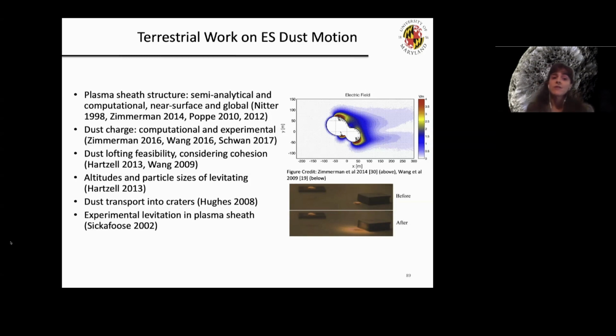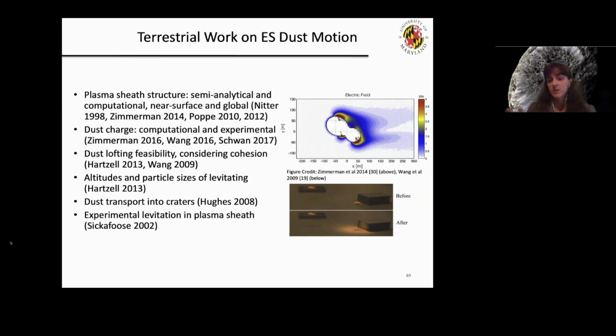There's also been a lot of computational and experimental work looking at the question of the dust charge. And so this was a real big unknown for several years. And just recently, there's been a lot of progress to try to understand that small scale repulsive charging between individual grains. There's also been work looking at dust lofting feasibility, again, computational and experimental. On the bottom figure here, you see